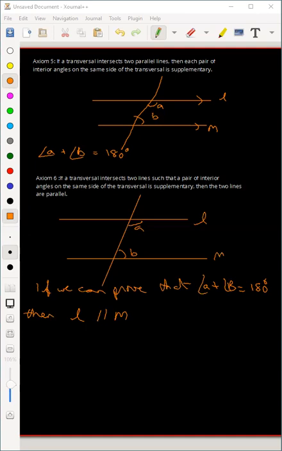So everything that we learned is being applied either to prove, if parallel lines are given, that we can have equal alternate angles, corresponding angles, or supplementary co-interior angles. If the parallel lines are not given and you have to prove them, then what do we do? We prove that either the interior alternate angles or corresponding angles are equal, then the lines will be parallel, or if the co-interior angles are supplementary, then the lines will be parallel. So three different ways you can prove it, right? And any pair of alternate angles or co-interior angles or corresponding angles can be used. Any pair. It's not necessary that only one pair can be used. Any one pair.